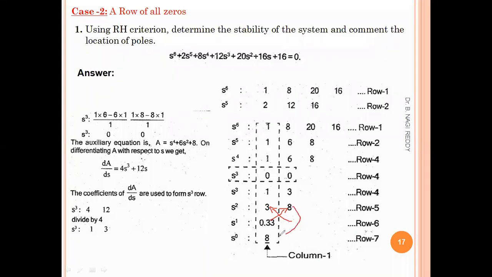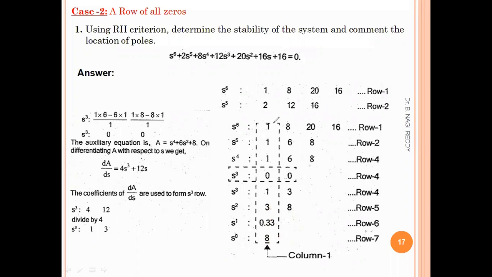Or simply, the term what we get here, we can directly write here also. You can observe the previous class problems also. The term what we get here directly we can write here. We will get the same answer, as these two terms are the same. Okay, now we have constructed this.